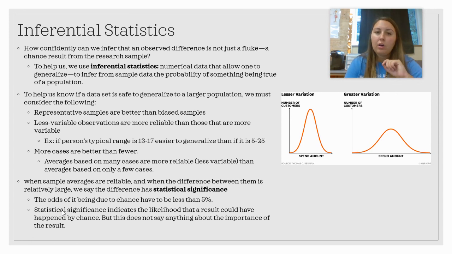So this is what we call statistical significance. We measure this with what we call p-values, and we'll go over that more in class. But just generally, you have to know when we're talking about statistical significance, we basically are saying the differences between the two groups, the experimental group and the control group, were large enough, and the likelihood that it was due to chance is low.